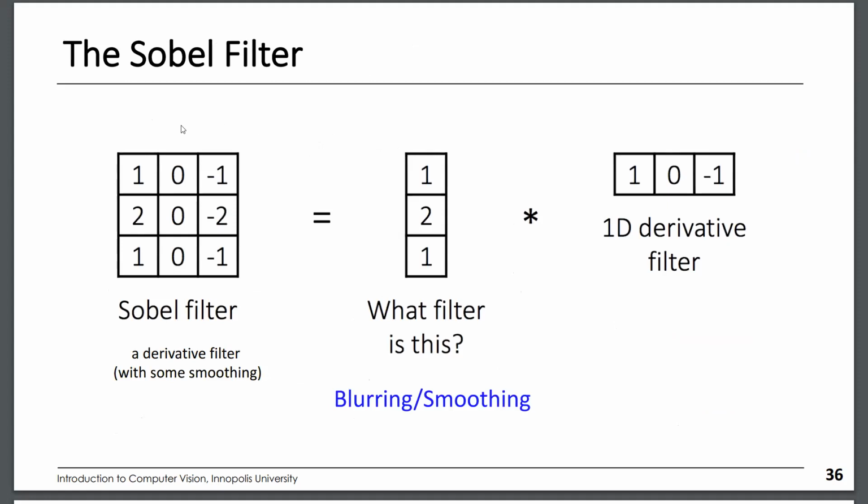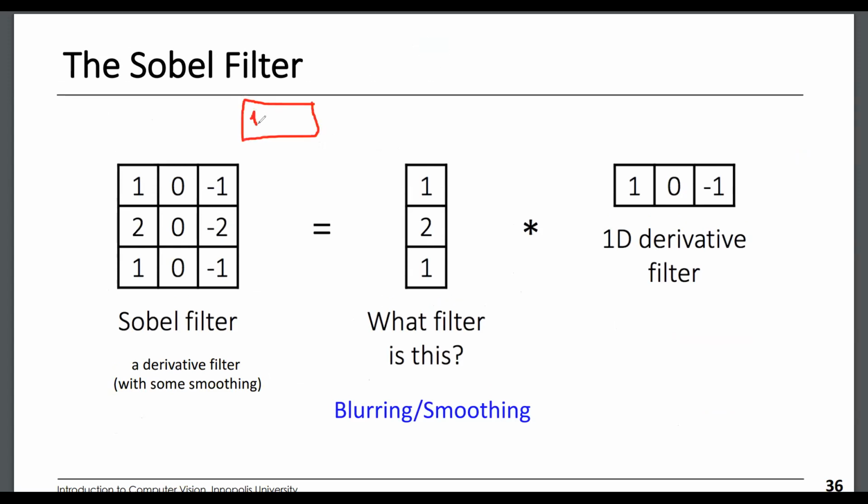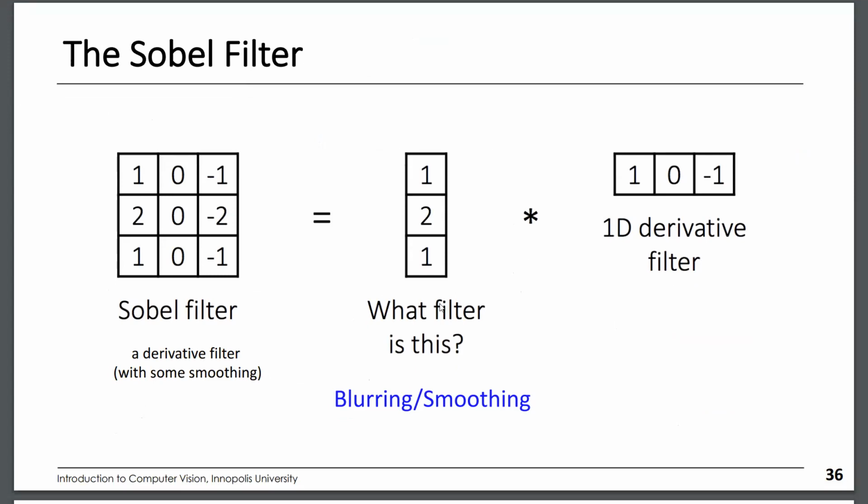So what we did was combine the two different filters that we had before: the first derivative here, and remember this filter, the Gaussian smoothing filter. So now we simply combined the original 1D derivative filter with some blurring filter, just to give us some better results. And this is what gives you the Sobel